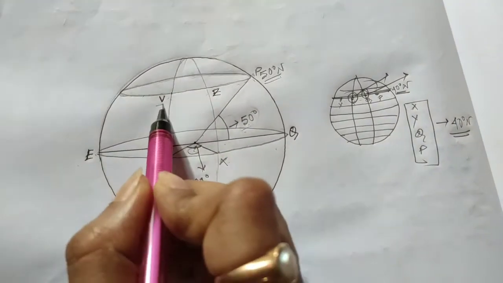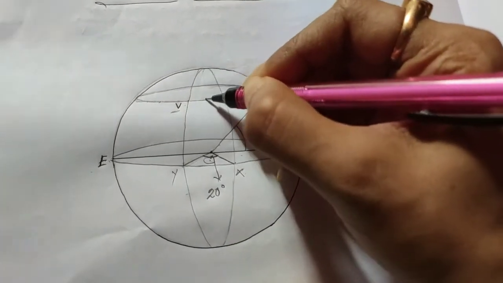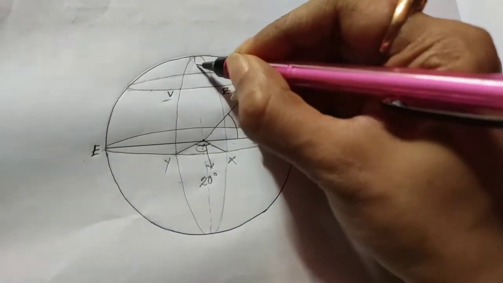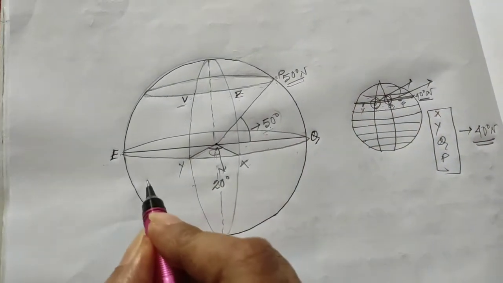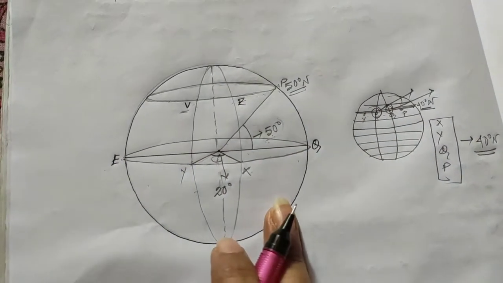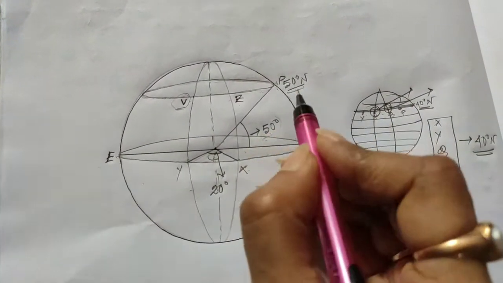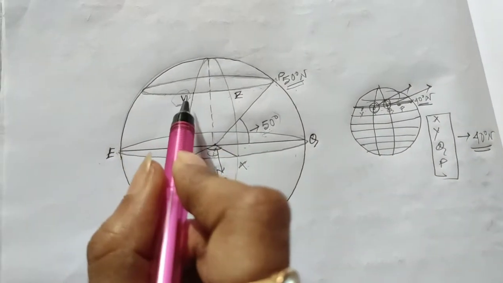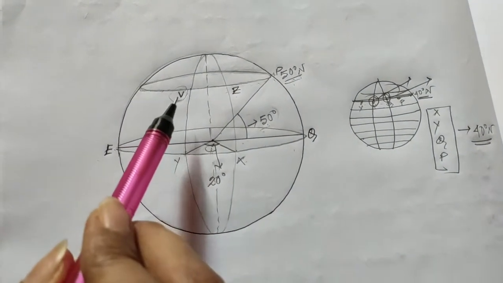When I find out the location of the place V, if I take the prime meridian, here I am taking the prime meridian. So that means it is a western hemisphere, and it is an eastern hemisphere. So V is located in the western hemisphere. So firstly I got 50 degrees north, because place V is located in the northern hemisphere, and place V is located in the western hemisphere.